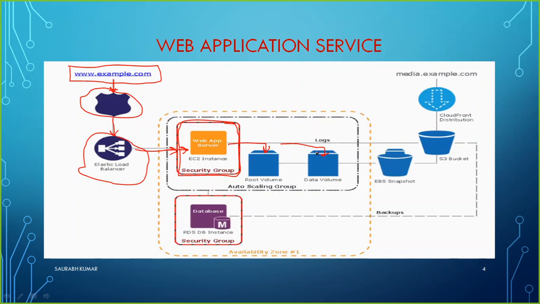You remember, when we create an EC2 instance, by default there is already an EBS attached to it, elastic block storage. If you are using Windows, it goes with 30 GB. If you are using Linux, it goes with 8 GB. So that is the root volume where your operating system is stored. Plus you can also attach one more data volume, or a separate EBS, to keep your data there. That data means maybe your website folder, which contains all the index files and other information.